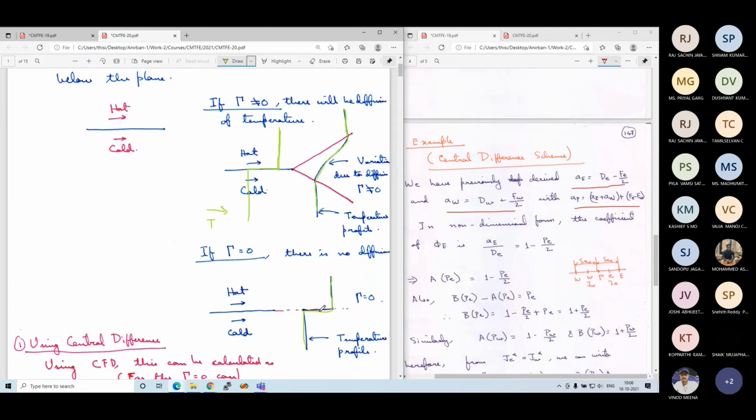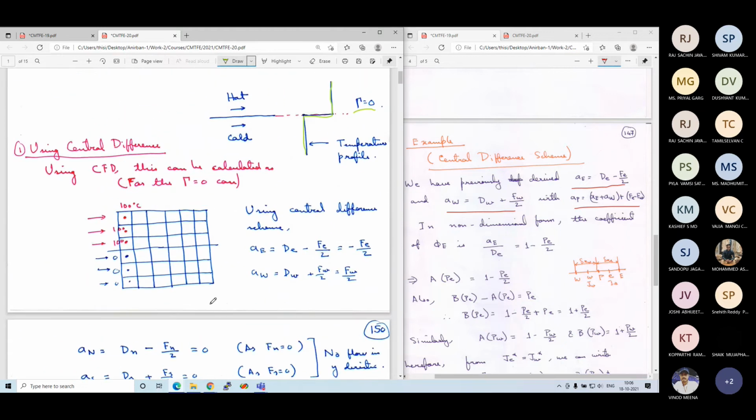If we see that in this case also the temperature profile becomes something like this, it means that although the diffusivity is 0, some spurious diffusion has occurred, or the scheme has predicted some diffusion which is not there. That is known as false diffusion. We will see when that occurs. That spurious diffusion, even in this case, if we find that the temperature profile becomes like that, is known as false diffusion.